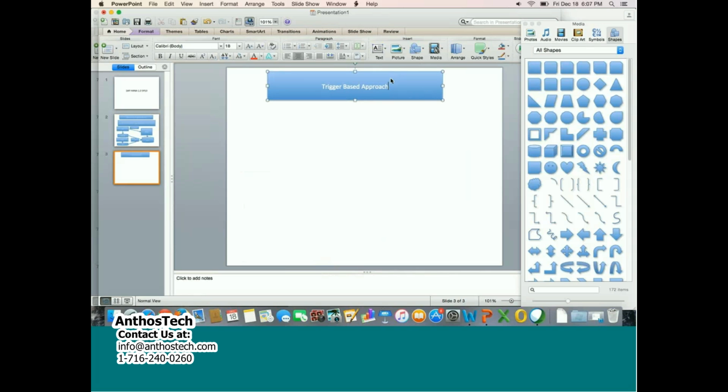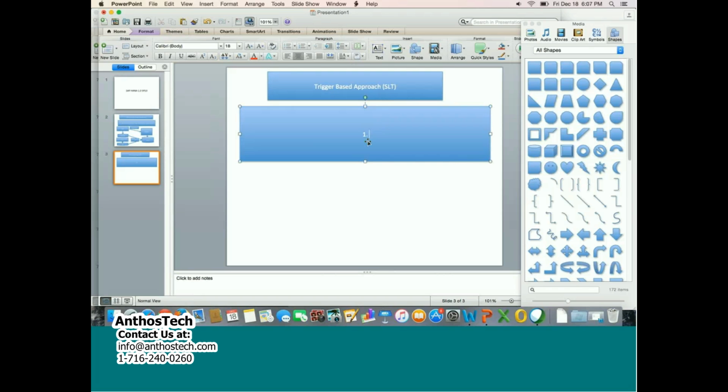And then we'll go in detail. Okay. So SLT is the only trigger-based approach. Okay. SLT can be used, or I'll write SLT here. Okay. Number one, it can be used